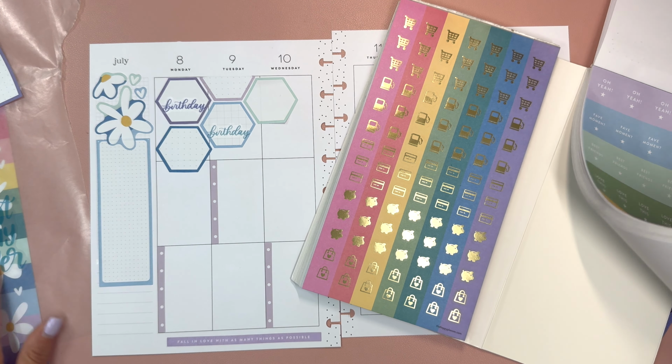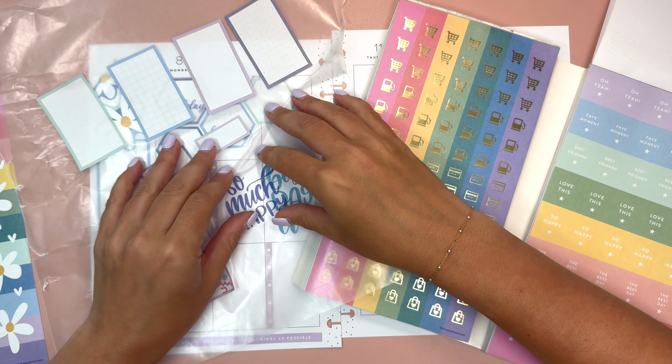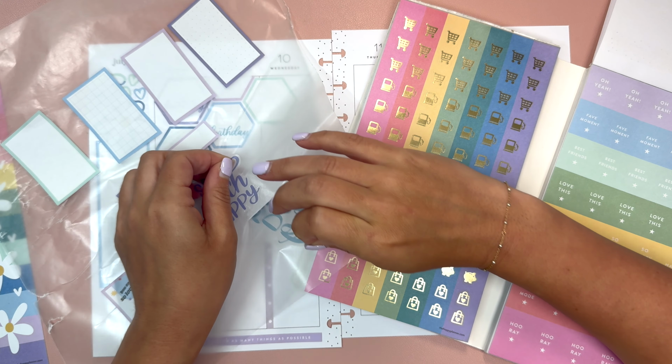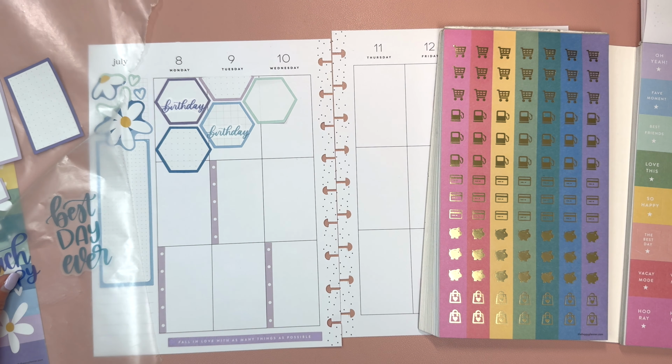And then, oh, I did pull out quotes. Whoops, look at what I did here. I put these quotes on top of each other. They should peel off because they're clear. What a silly thing to do. I had so much space and I did that. I think that we're going to do